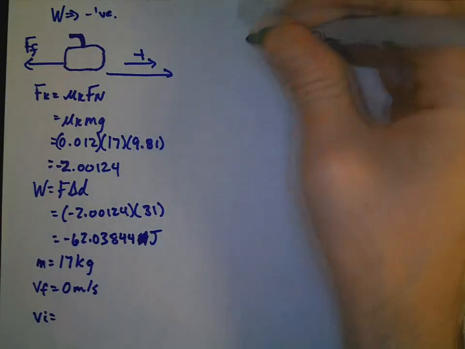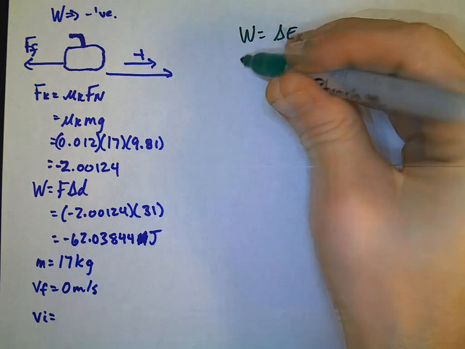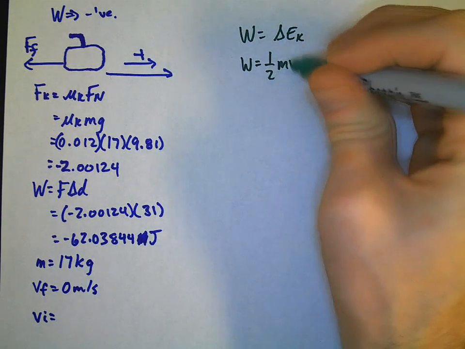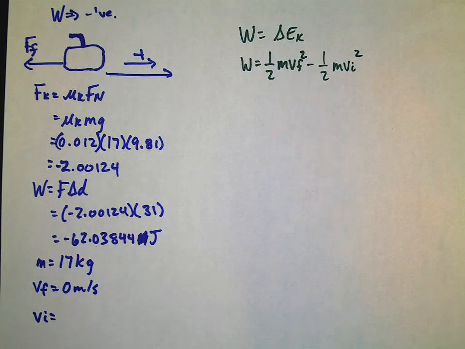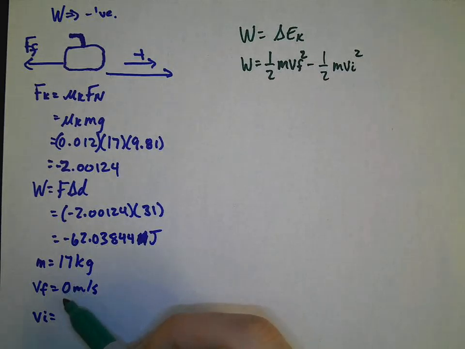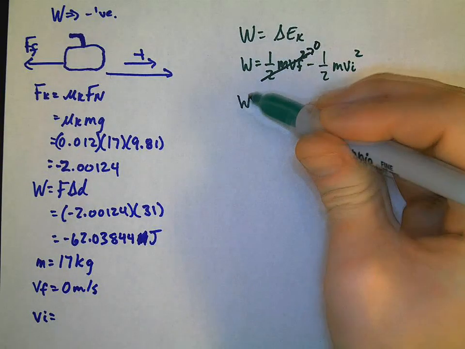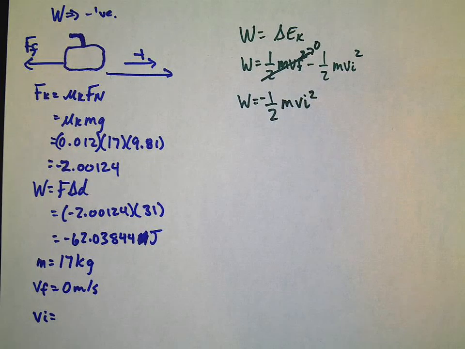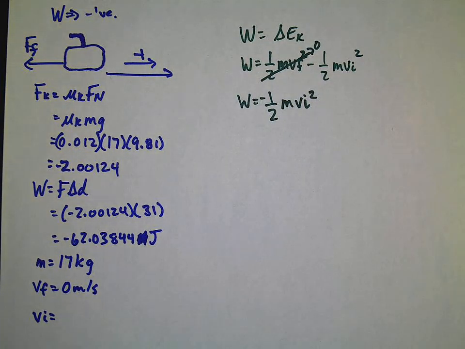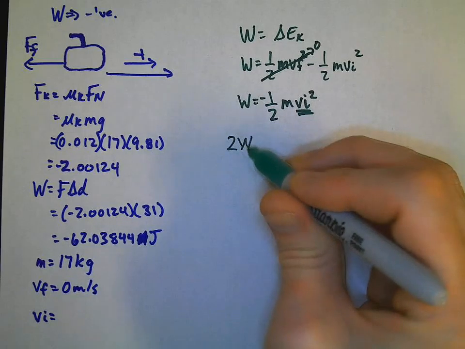So, work, which is equal to the change in kinetic energy, which is 1/2 mvf squared minus 1/2 mvi squared. But you notice that my final speed is 0 meters per second. That gets rid of this whole term here. So we're left with work equals negative 1/2 mvi squared. So what does this give you? This gives us, let's solve for vi in this case. 2w, I also have to divide by m,